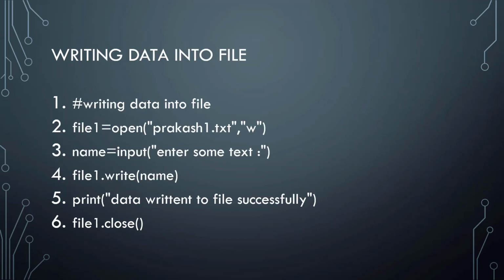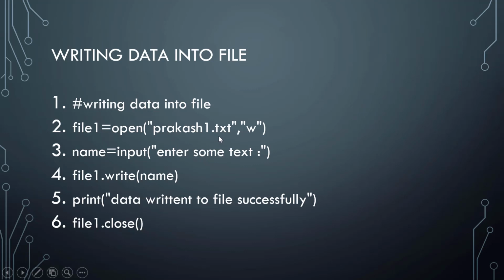Okay. So see the first example, where we are talking about writing data into a file. How to write data into a file? First we need to import the IO module. Some IDEs will accept it though you are not writing import IO module. Okay. And then we write file1 is equal to, what is this file1? It is my object name, is equal to open. What is the open function? It is used to open a file. With what name do you want to open a file? That name you need to give.